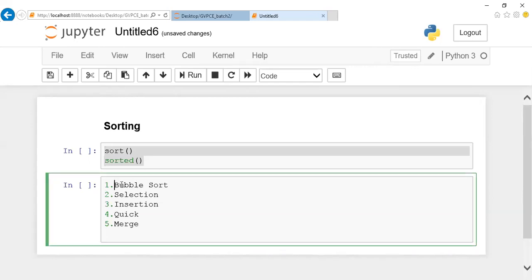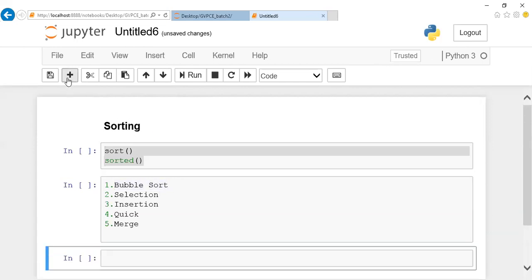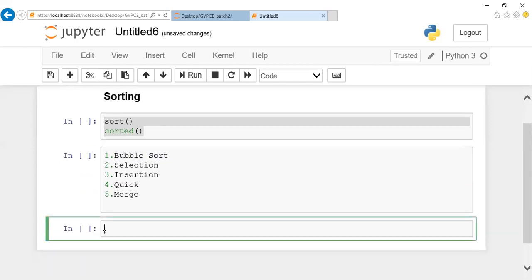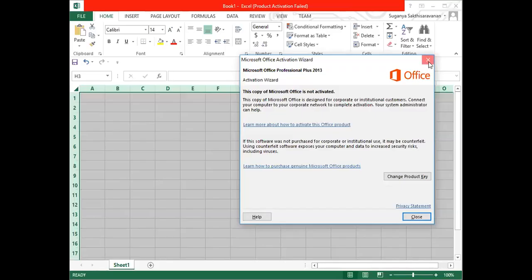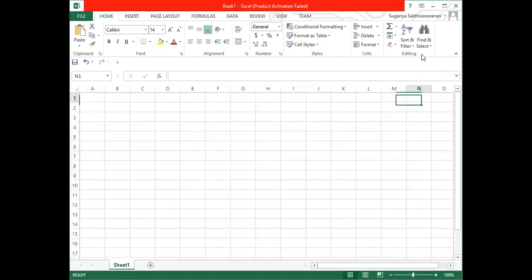First we'll start with bubble sort. Sorting is nothing but arranging data in one particular order. It doesn't have to mean ascending or descending order; it might be any particular order, based on the condition. First, we'll go ahead with bubble sort. Let me take an Excel sheet as we did with linked lists. It will be easy for us to understand.